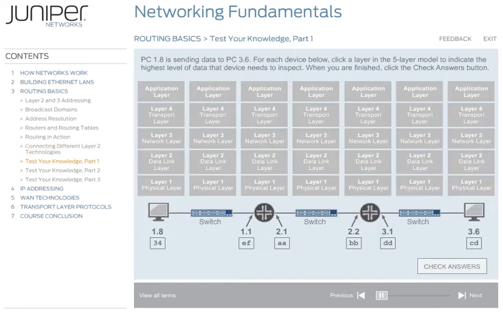Here's a chance to test your knowledge. As you saw in this section, different devices need to access different layers of data in the 5-layer model in order to send data to its destination. In the simplified network